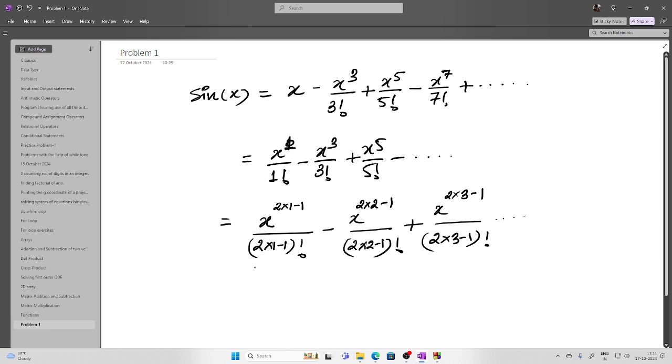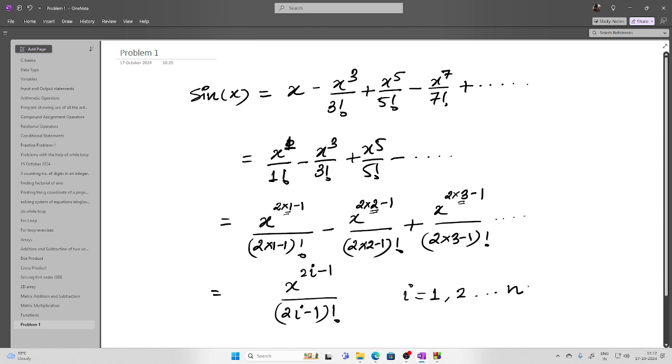Then you can see that this can be thought of as a counter. So it is increasing 1, 2, 3 and so on. So the generalized approach for this term only, negative we'll be taking very soon. So first let us discuss this. So this will be x to the power 2i minus 1 by 2i minus 1 factorial. Now if I look here, i is starting from 1, then 2 and then